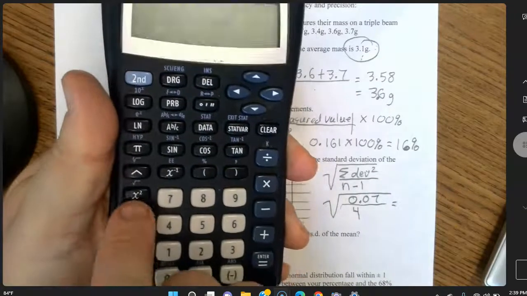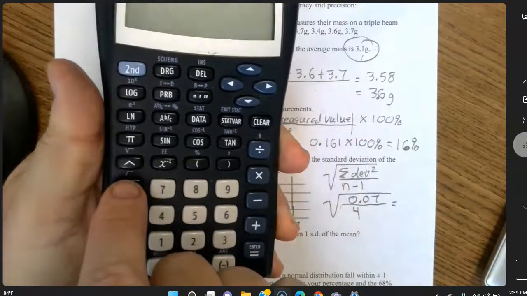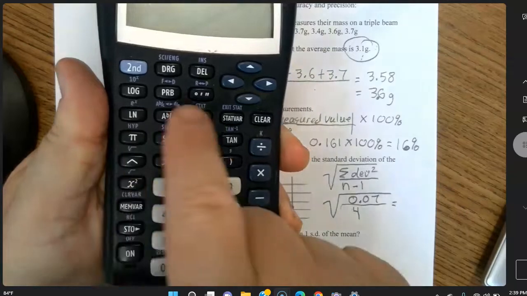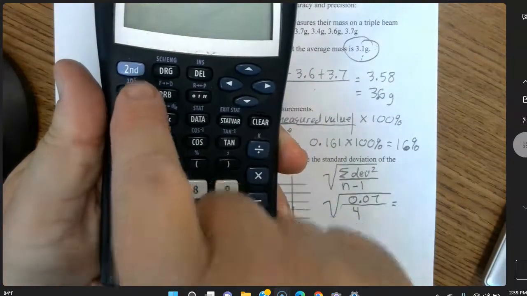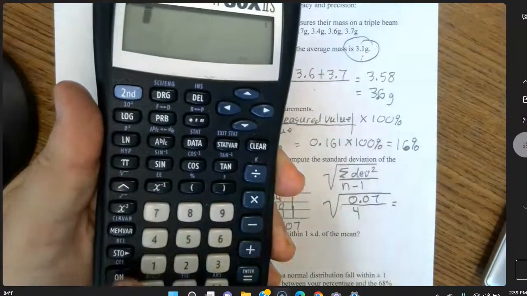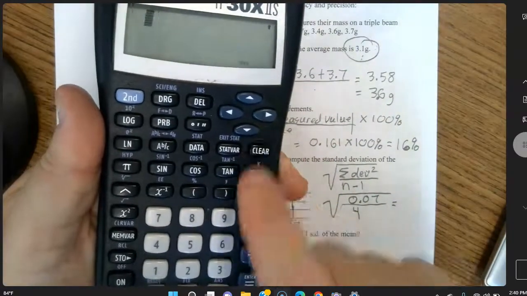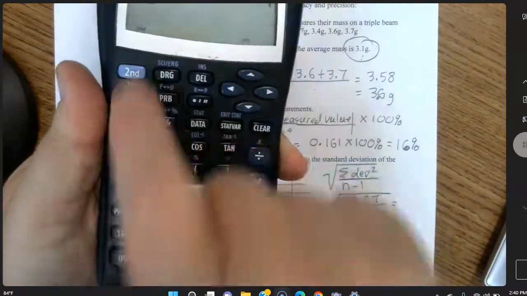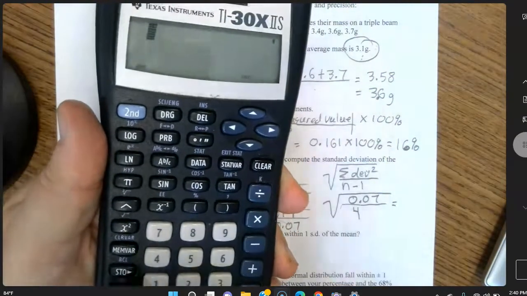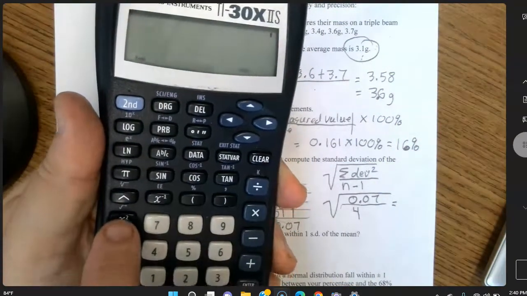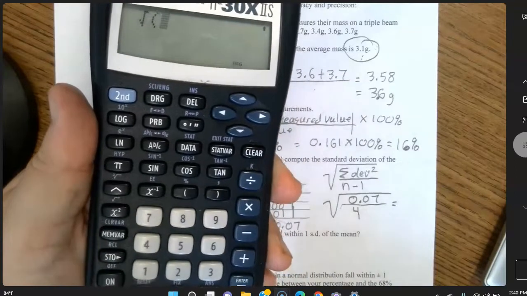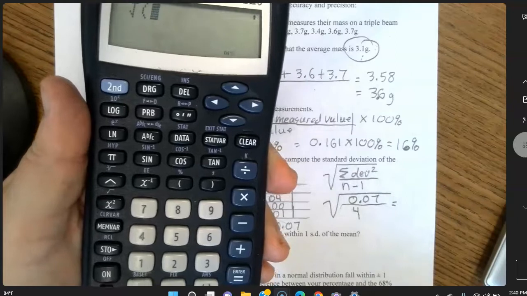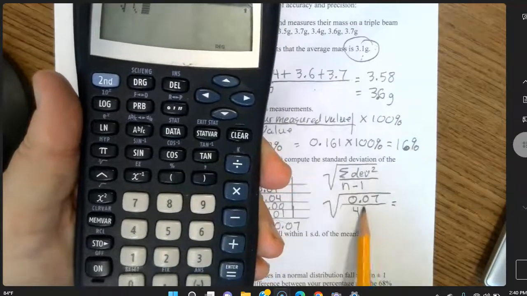If you see the x squared right here, right above it there's a light blue square root symbol. To use any of these light blue symbols that are above the buttons, you have to use this second button, okay? So I'm going to turn the calculator on and clear it. Okay, and I'm going to hit second. Nothing happens, and then I hit the x squared, but that means it's going to activate the function above, the square root. So there's a square root symbol with a parenthesis. So now what I have down here is